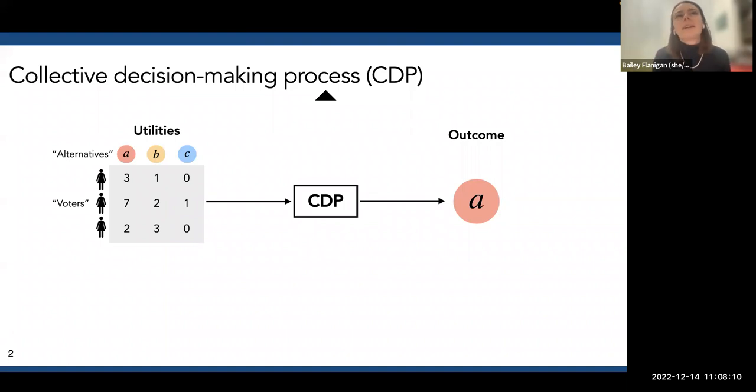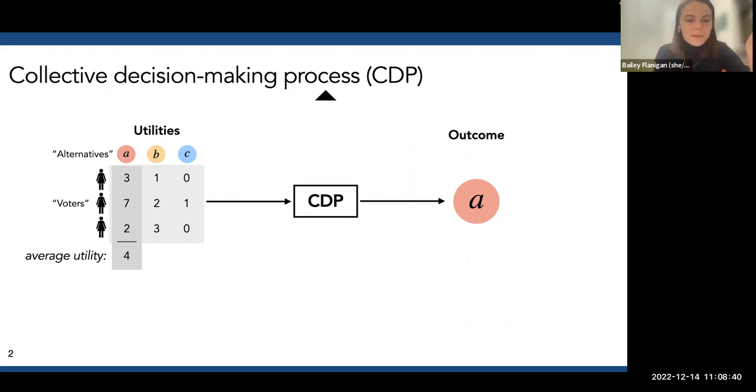If you think about a prediction algorithm, it's also going to take in information from people, but it's going to output a personalized decision for everyone. And so the considerations that we think about are much different. Here, we can only pick one thing. And so after we choose an outcome, we're going to evaluate its quality by looking at the column of the utility matrix corresponding to that alternative. And the measure that we're going to use in this talk, although you can think of several different kinds of measures, is the average utility, which is essentially just the utilitarian social welfare.